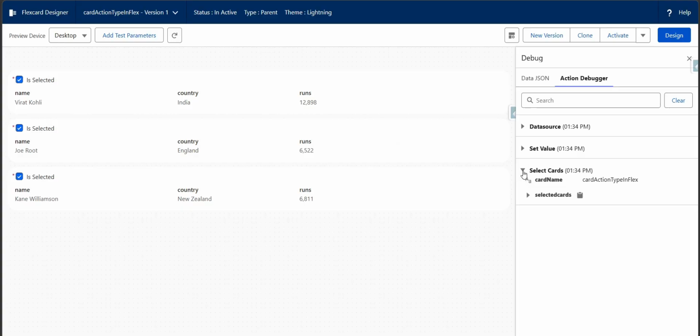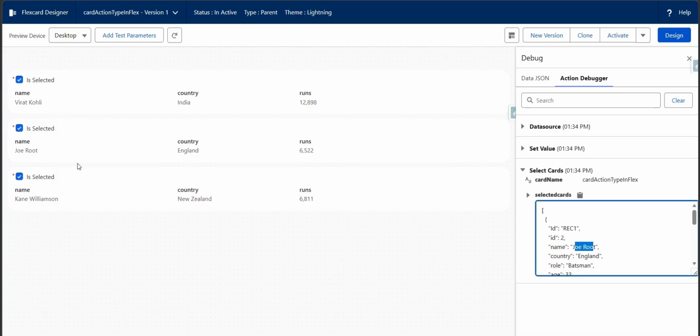So if I click on this select card action, in the select card we can see that this is the only record. Since I just updated Joe Root as selected, it is showing only for record 1. It is not showing for all other records. This is the difference between set value and select card. In the select card we can see that only this one became selected true, unlike set values, where the response returns for all the items available in the selectable items, right? But in select card we want to specifically return the response for what is being selected currently,